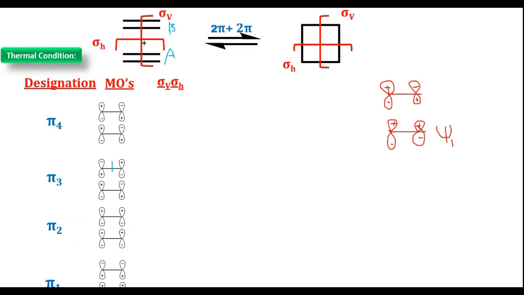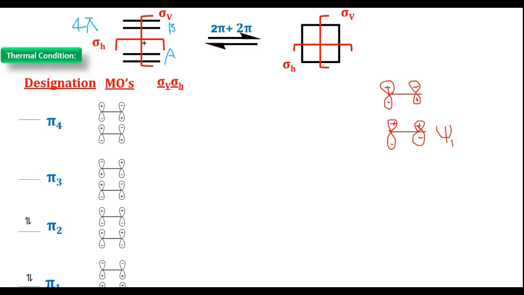So now friends, that means 4 molecular orbitals are there, and here we are taking 2 ethylene molecules. This ethylene has 2 pi electrons, and this one is also having 2 pi electrons. So totally we have 4 pi electrons present in the reactants. Those electrons: pi 1 is filled with 2 electrons, pi 2 is filled with another 2 electrons. So now come to the symmetry elements.